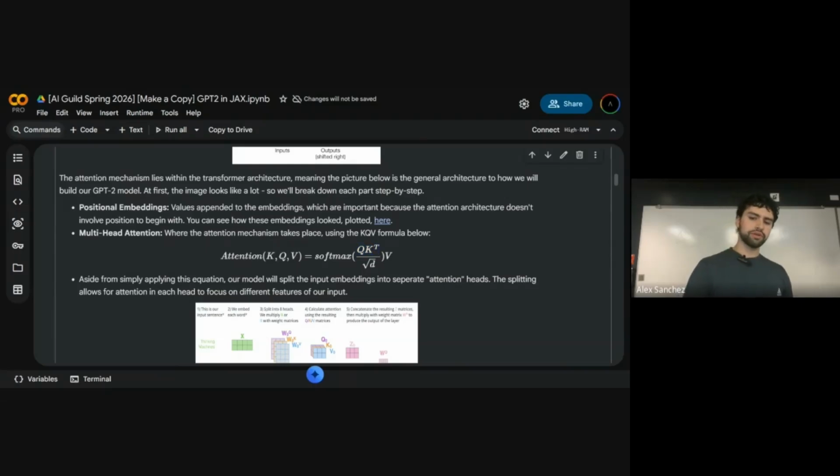We multiply the queries and the keys. Let's use the same example, the word apple. Think about it asking, okay, I'm the word apple, what word describes me well? The key would be the iPhone part saying, hey, I'm the iPhone, I describe you pretty well.